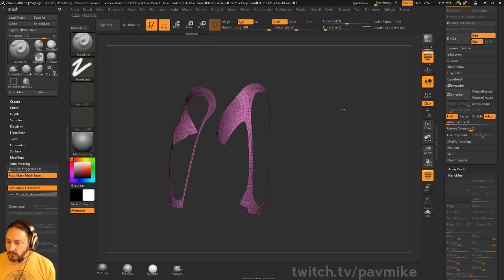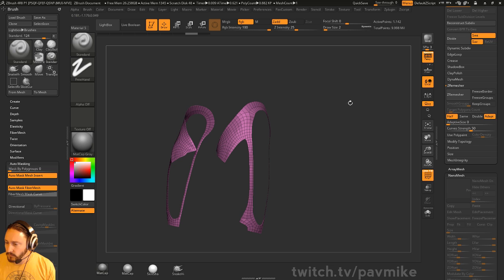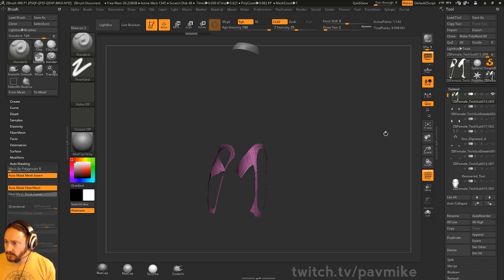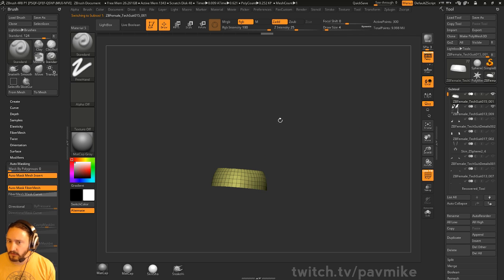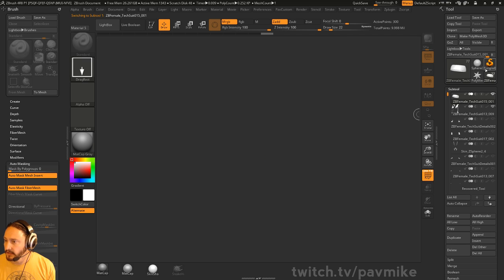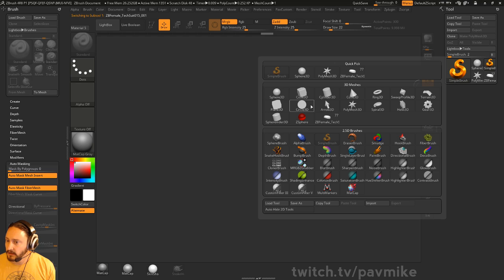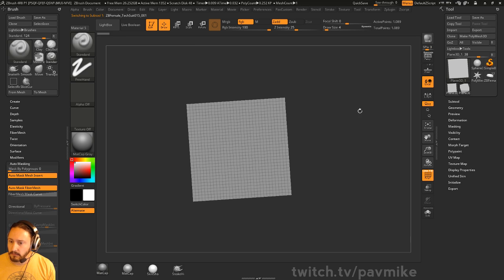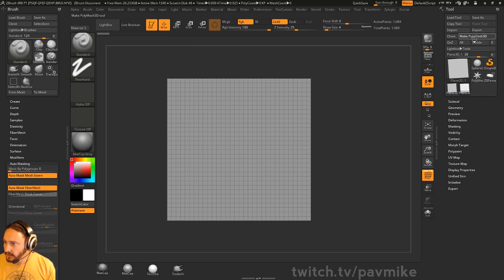So we'll do that fishnet on both of these things. So we've got both of these things here. We'll start with this one, and we're going to use nanomesh. So what I'm going to do is go out of edit mode, hit Control N, grab our simple brush here, grab a plane 3D, go into edit mode here, and let's go ahead and make it a polymesh 3D,